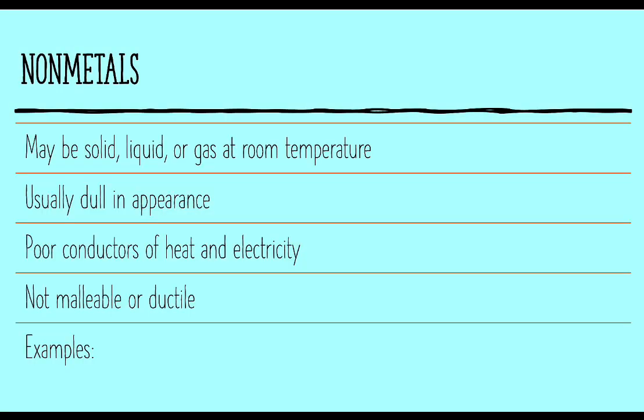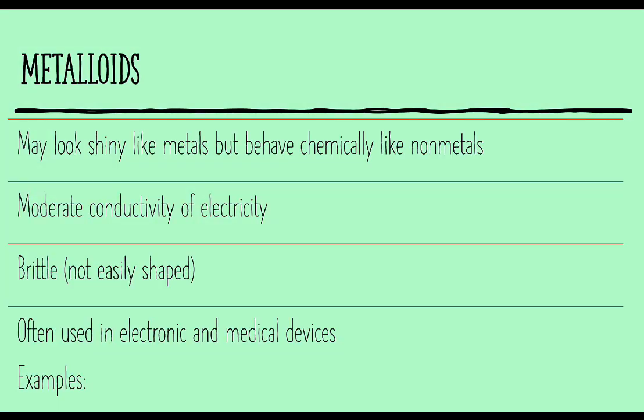Nonmetals are a variety of forms at room temperature. They're often not having the properties we would associate with metals, very much gases a lot of the times, and they are ones that we really see quite a bit. Carbon, nitrogen, oxygen. These components take up a wide range of different biomolecules, and in the elemental form, they are not really like metals at all. And metalloids, again, this isn't really a big deal. They're kind of looking like metals, but behave more like nonmetals. These are really broad distinctions in the periodic table and are just getting us started with where things might be